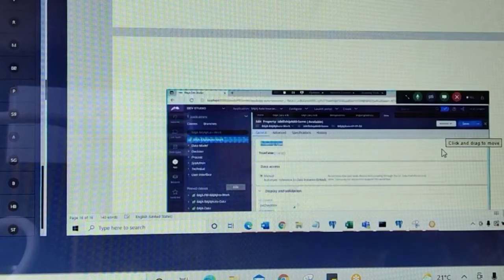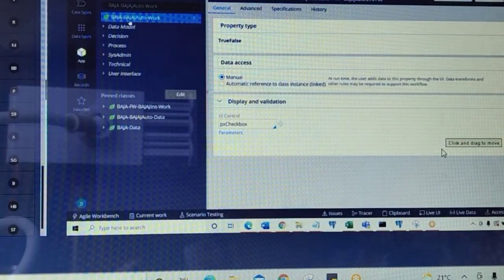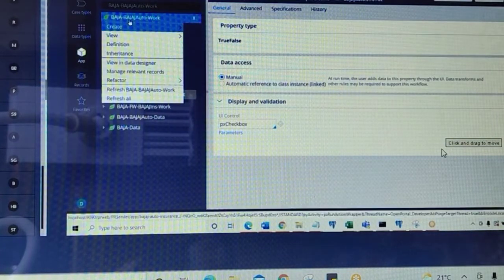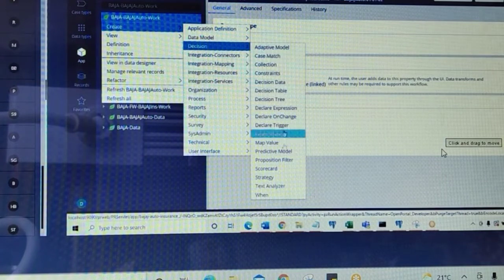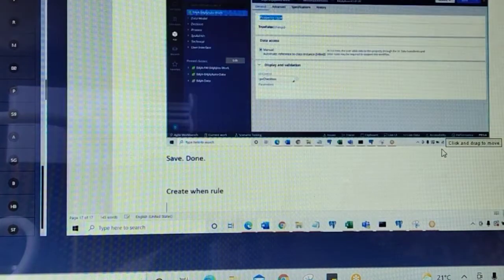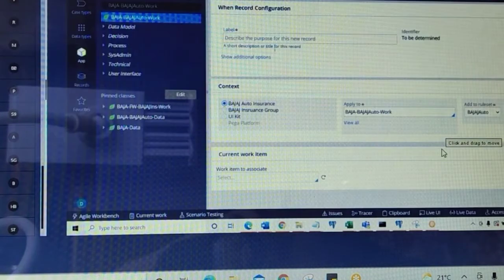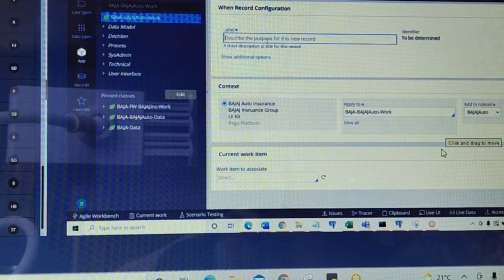Create when rule. Where do we create a when rule? What is the category? When rule can be created under the decision category, which we have done previously. What is the name of the when rule? Positive condition, both addresses same.